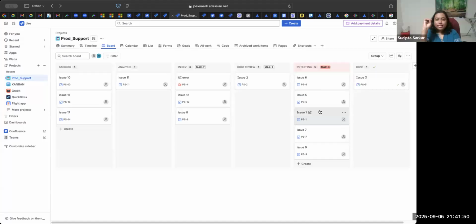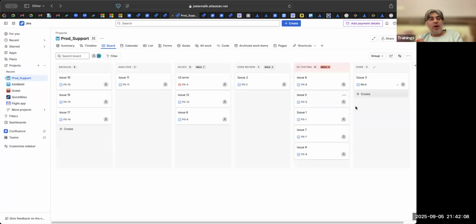Yes, Sudipta. Sir, can we ask the dev for a unit testing? Then it will be easier. Not unit testing, actually basic testing, whatever you are doing. Unit testing they are already doing, but just by unit testing, we cannot put the bug into production. So there are 2 options which we have.